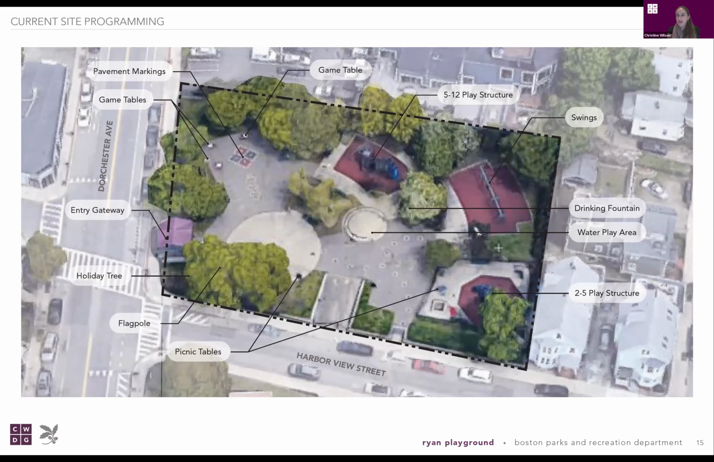So here's a look at all the programming elements throughout the site. If we start up at the top left corner, the northwest corner off of Dorchester Avenue, we have a large paving area, the pavement markings, and some game tables. Then we move over, we have the 5 to 12 play structure, and then the 3 bay of swings, and then the enclosed 2 to 5 play structure area, and there's the sand pit there and